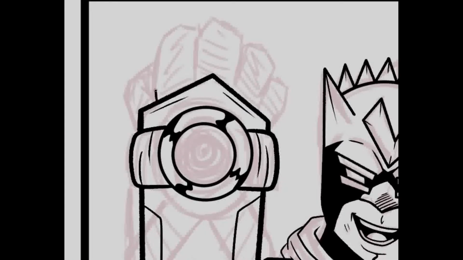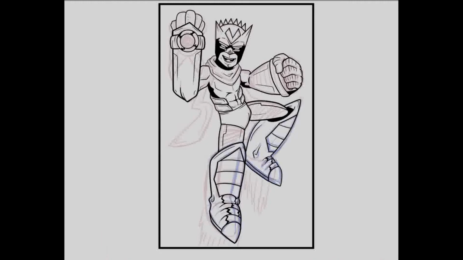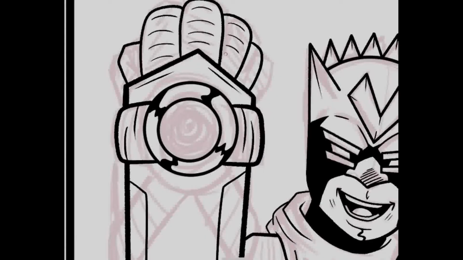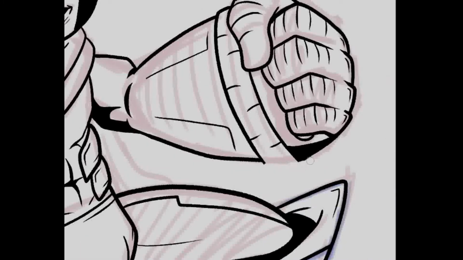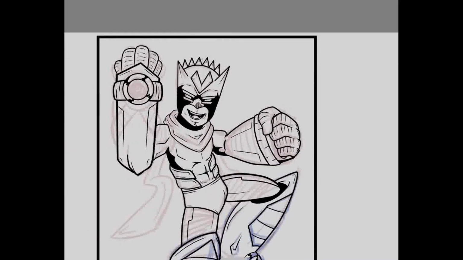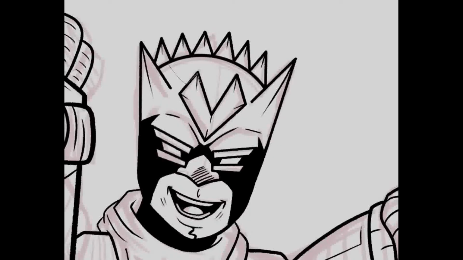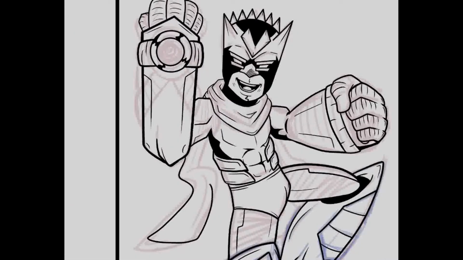I was going a little line heavy and line crazy at the same time, so I had to just erase it and start from scratch. I think the sketch underneath it wasn't great, and I knew it wasn't great, and I was just trying to force this fist in here, but it's ultimately just not my favorite fist. But that's okay. I know I have something to work on for the next ones. Just pay more careful attention to the hands and the placements and stuff like that when I do the next hero. So that was a nice little learning curve, right?